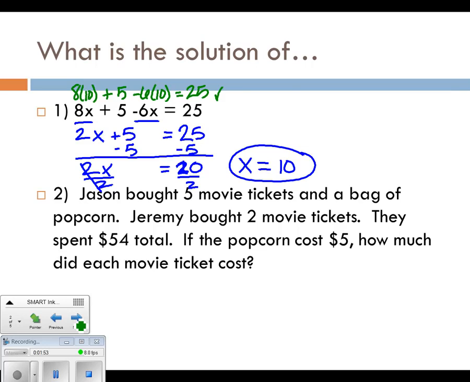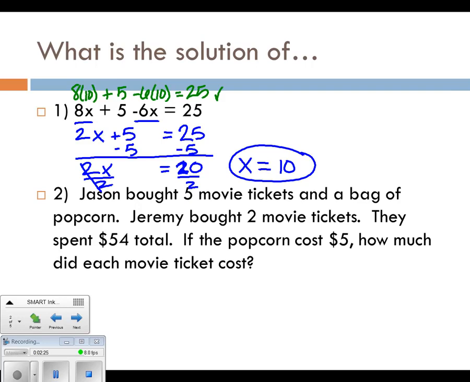In number 2, Jason bought 5 movie tickets and a bag of popcorn, and Jeremy bought 2 movie tickets. They spent a total of $54. If the popcorn cost $5, how much did each movie ticket cost? So we're looking at movie tickets. So let's use t for our variable. That's going to be the unknown. So we're taking words, we're writing this multi-step equation, then we'll solve for the solution, looking for the cost of